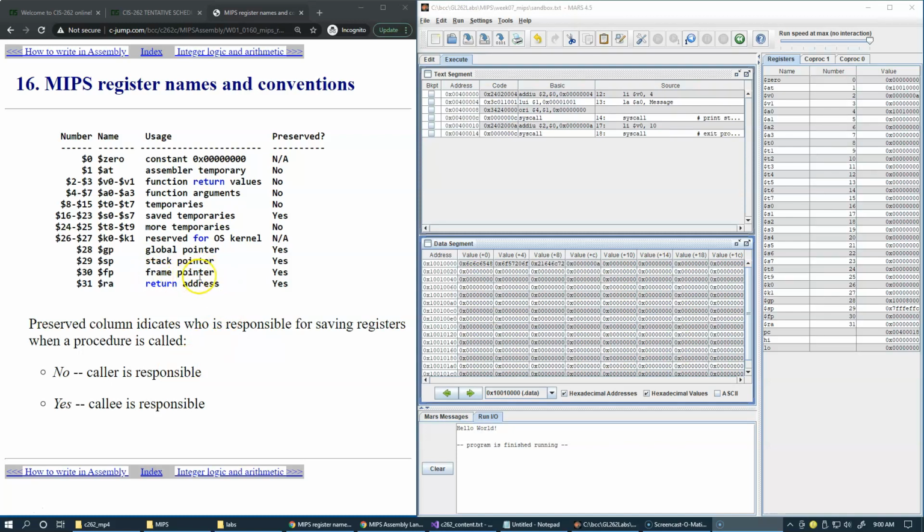Frame pointer works together with the stack pointer to organize a stack frame of local variables on the stack. And return address is the register which is updated by the jump instruction that transfers control to a specific place in the program, and therefore this register contains the address where a subprogram can return from the